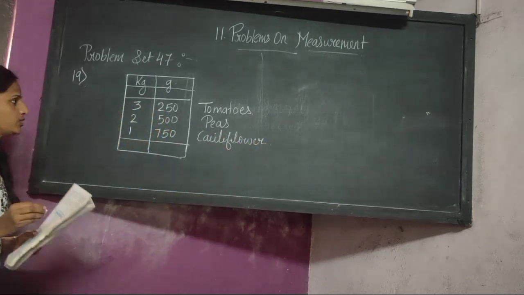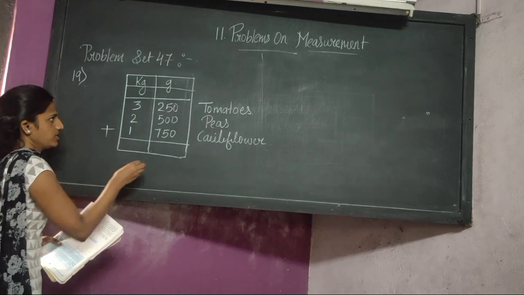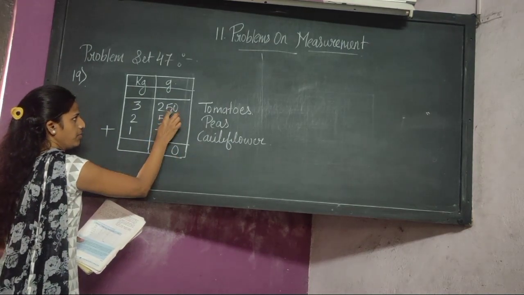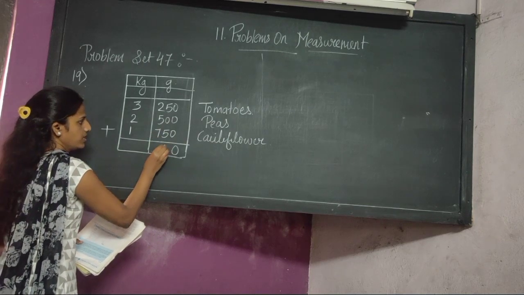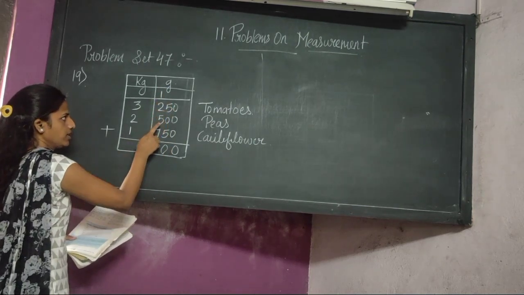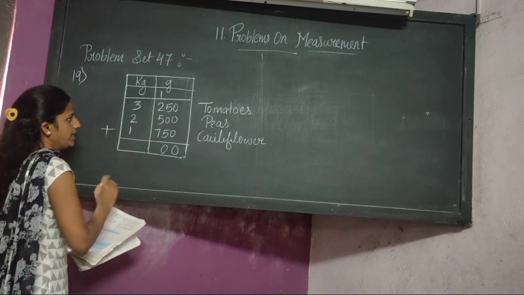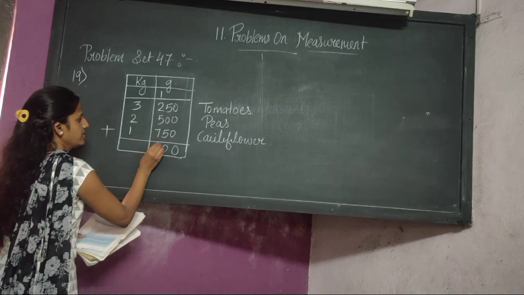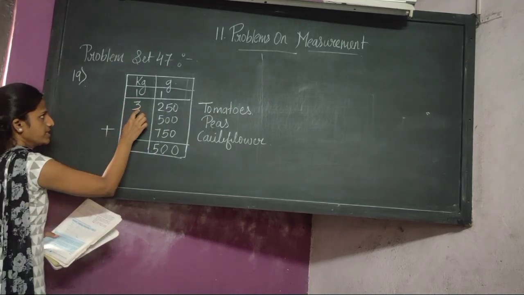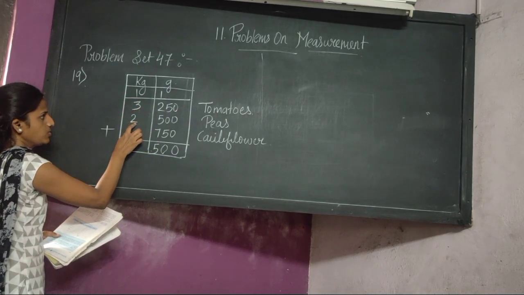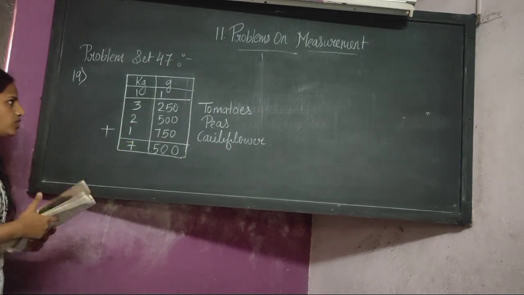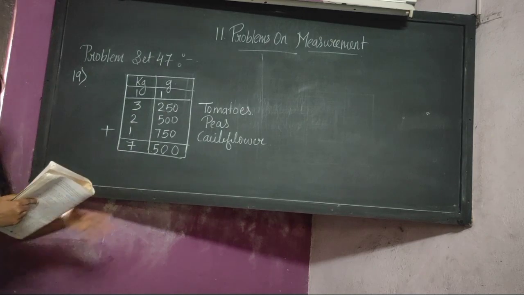Now let's find out the total weight by addition. 0 plus 0, 0. It will be 0 only. 5 plus 5 will be 10. 0 here, 1 will be carry over. 1 plus 2, 3, 3 plus 5 will be 8, and 8 plus 7 will be 15. 5 here, 1 will be carry over. 1 plus 3 will be 4. 4 plus 2, 6. 6 plus 1, 7. That means the total weight of this vegetable is 7 kg 500 gram.